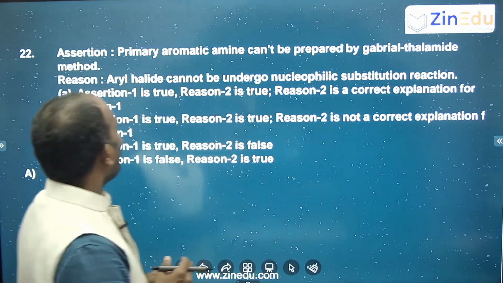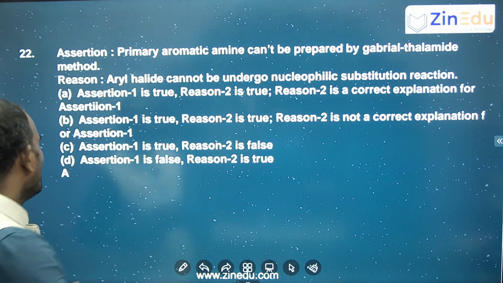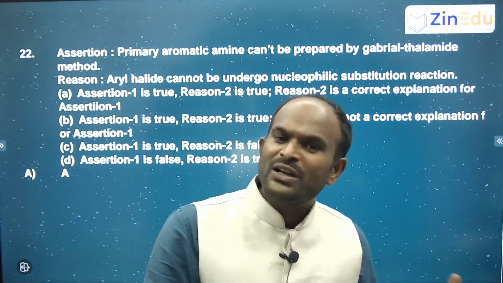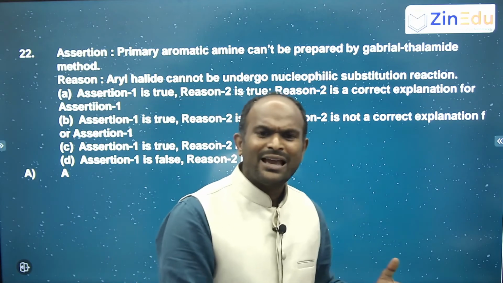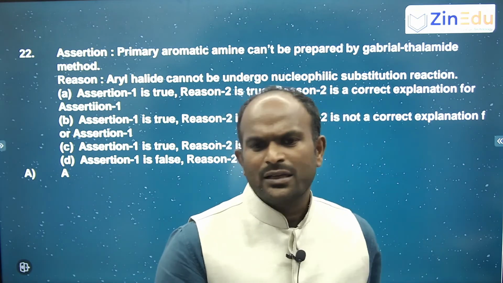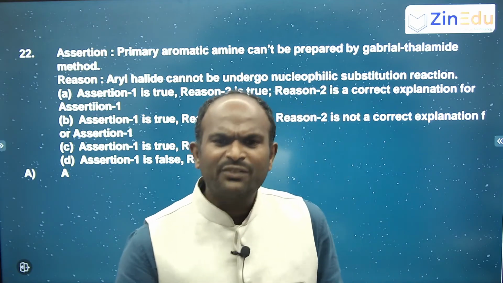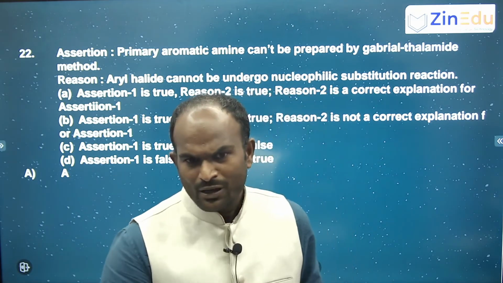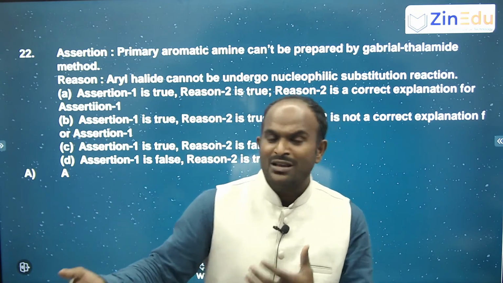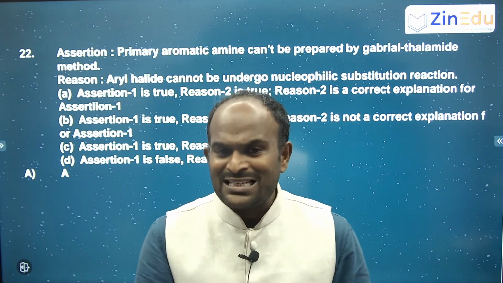Next, aryl halides cannot undergo nucleophilic substitution reactions. Aryl halides, correct. They can undergo electrophilic substitution reactions, but not nucleophilic substitution reactions, because of their aromatic character, they can act as nucleophiles. They always wait for the electrophiles, like Br plus or Cl plus or CH3 plus. If you react with NO2 plus, nitration, chlorination, bromination, these can occur because they are all electrophiles. They can undergo electrophilic substitution reaction because the aryl nucleus can act as an excellent nucleophile.